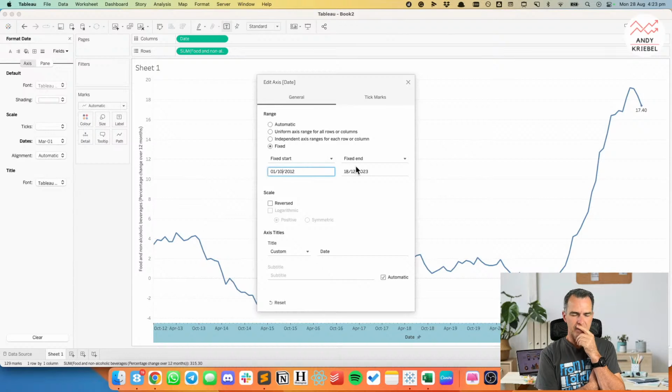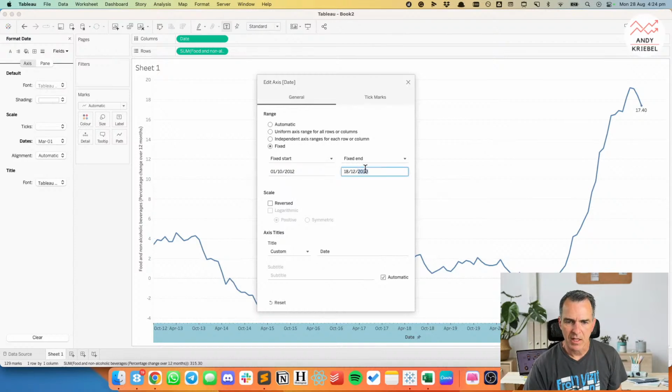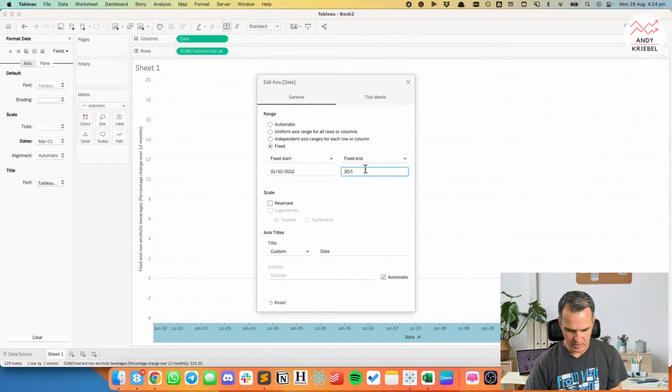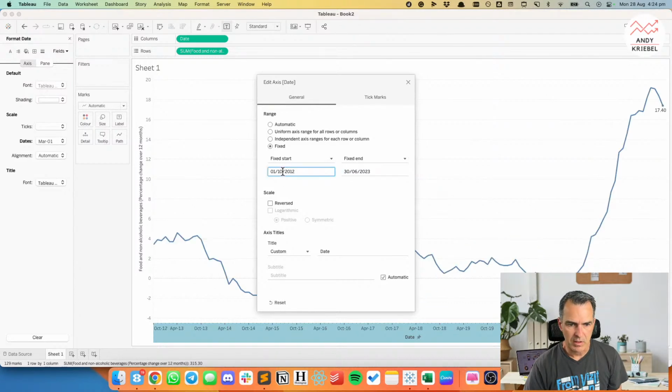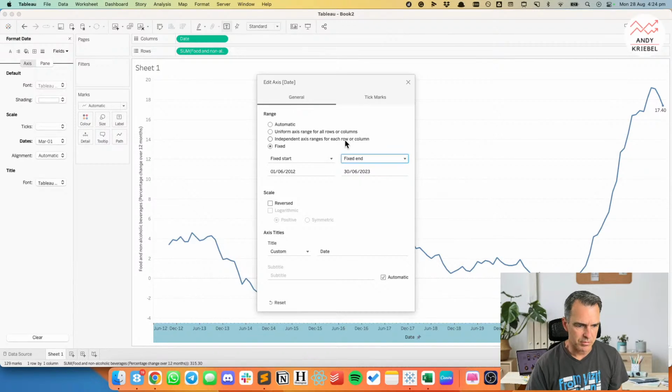I don't think this is going, okay, I'm going to have to try something because this is kind of cutting off the view. Shoot. Okay, let me just keep going. So then the end is, I think it was June. So 30/06/2023. And then let's make this one fixed start. Okay, so that's okay. Oh, this one should have been June, so I don't know why it's doing October. Maybe I typed it wrong.